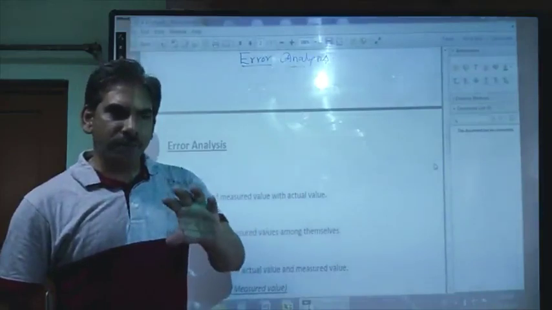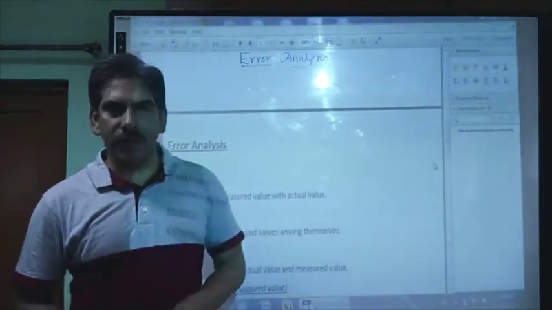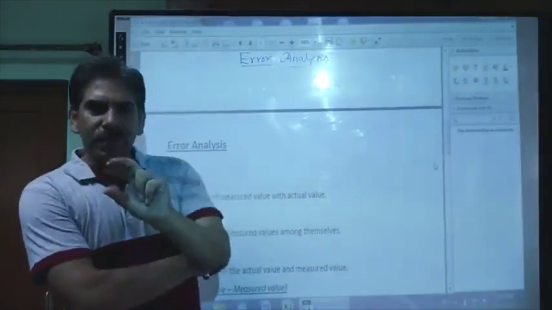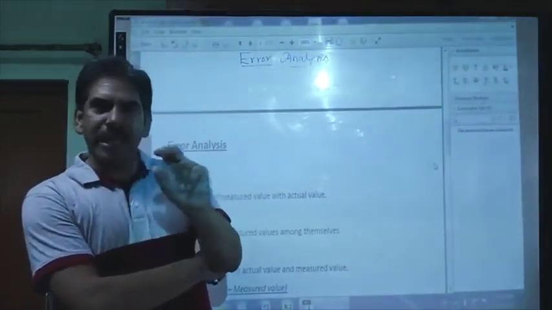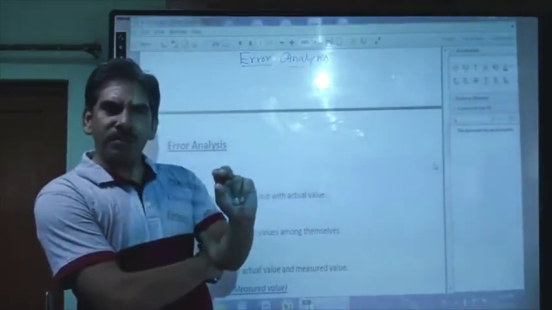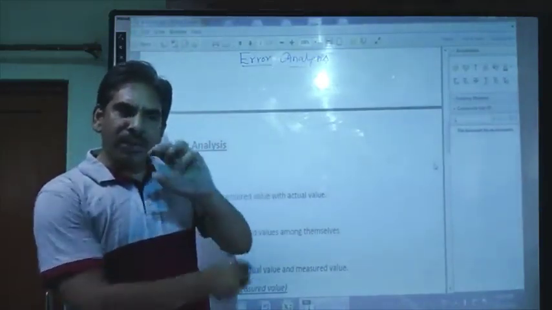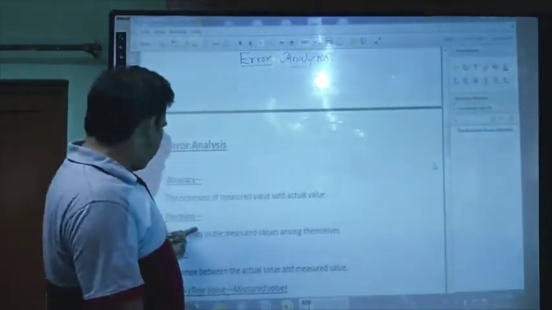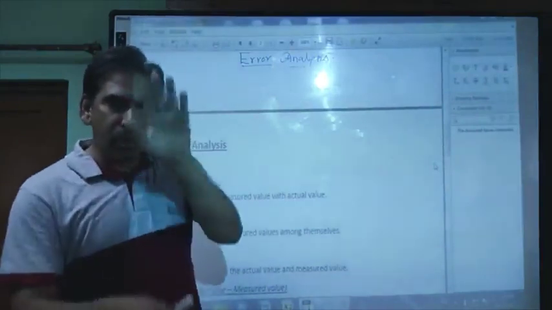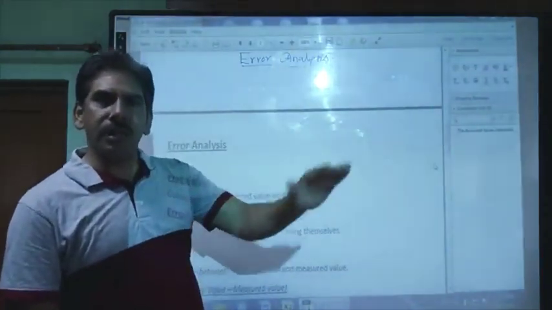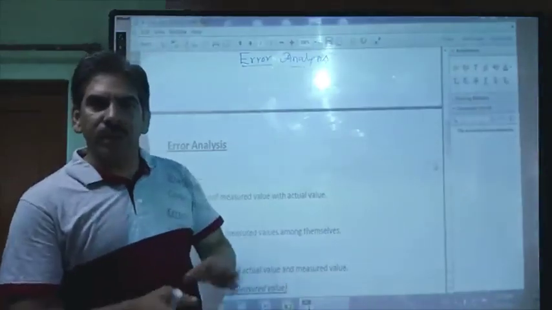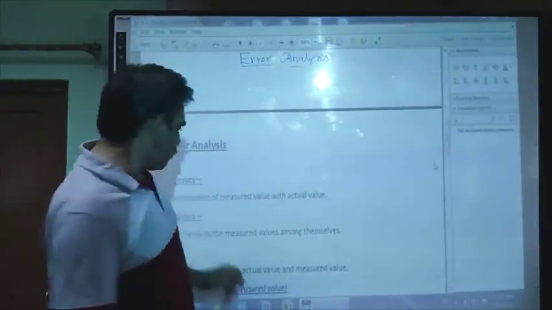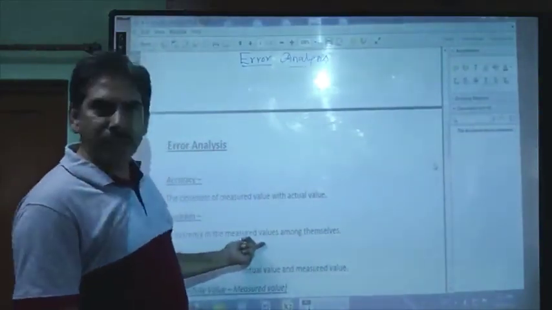Suppose that we have observed a potential difference in the case of Ohm's law 10 times. On measuring the potential difference 10 times, we get more or less the same values. If all 10 values are very close to each other, we call the values precise. If there is a lot of fluctuation between the first, second, third, fourth and so on up to the 10th value, then there is less precision in the measurement. That is what consistency in measured values means, which we call precision.